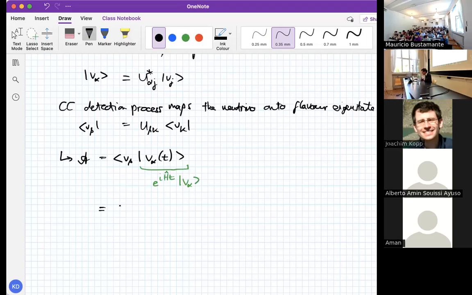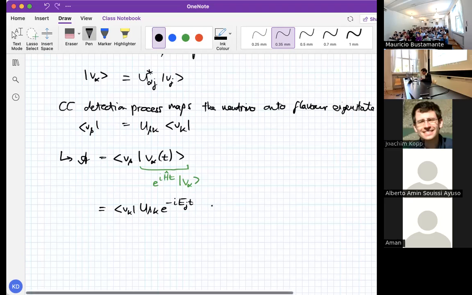So we write ν_β as ν_k times U_βk. Then in the mass basis, this is e to the minus i E_j t, and now the original state written in the mass basis is U_αj